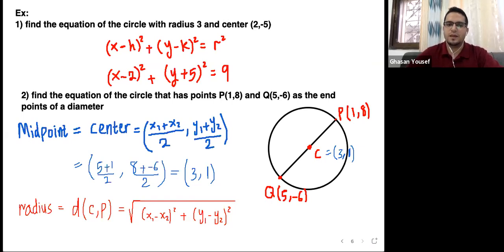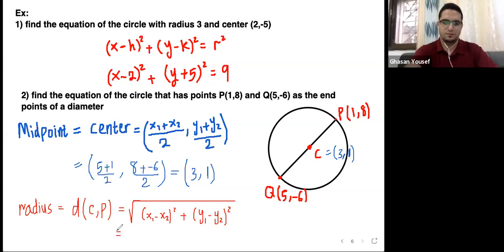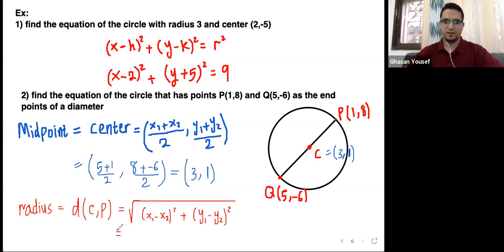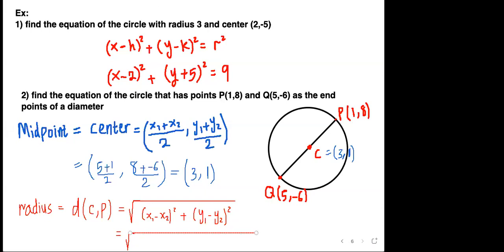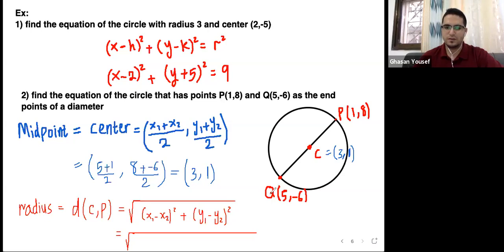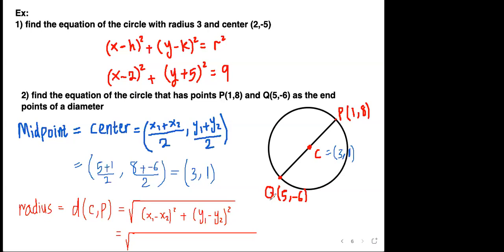Now we're going to plug inside the formula. What is my x1? Sorry, we use C and P, I mixed it up. So it's the square root of (3 minus 1) squared